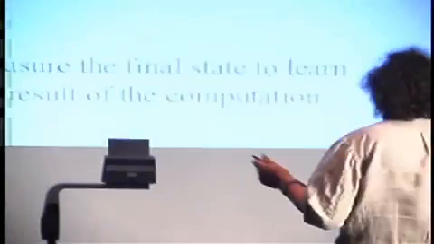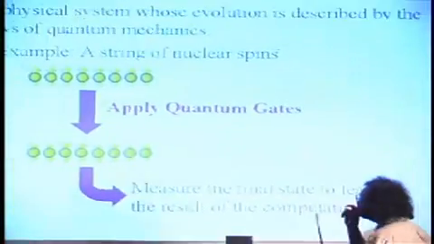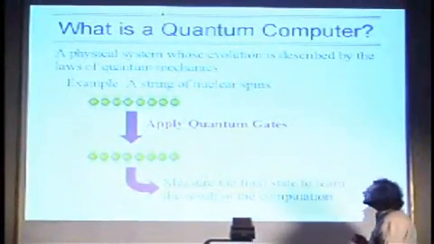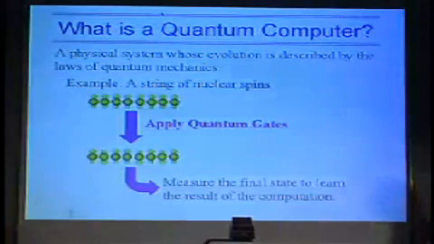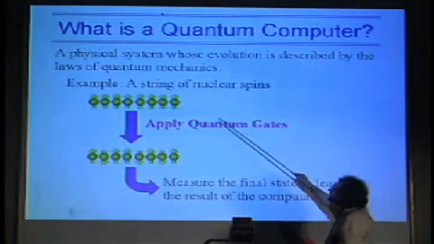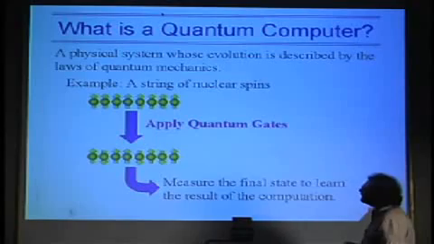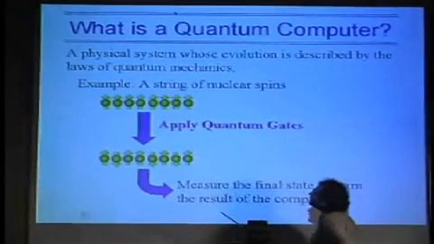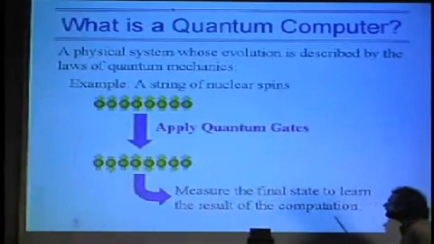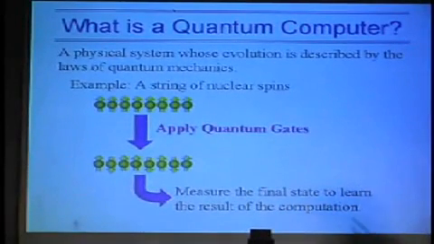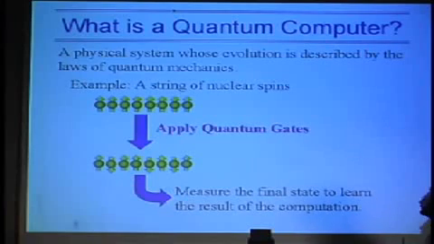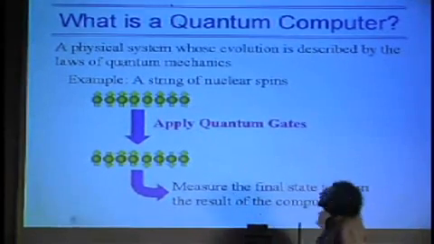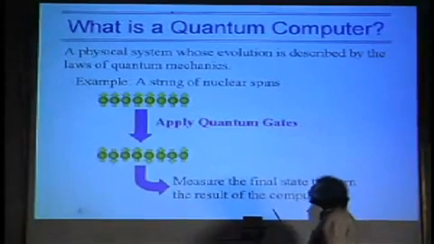So we'll continue. So we've got our quantum computer, and our quantum computer we might think of as a string of nuclear spins. We're going to apply a series of quantum gates using the rules of quantum mechanics. And at the end of the day, we're going to get out a series of nuclear spins, and what will have changed is the state of those. And of course, we want to measure some aspect of that final state in order to find out what was the answer of this computation that we applied on that string of nuclear spins.